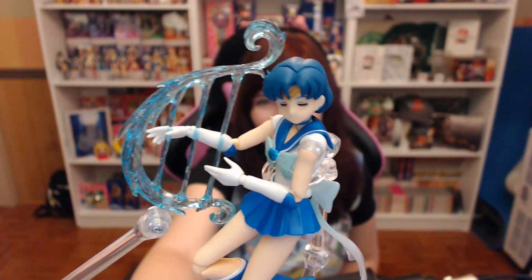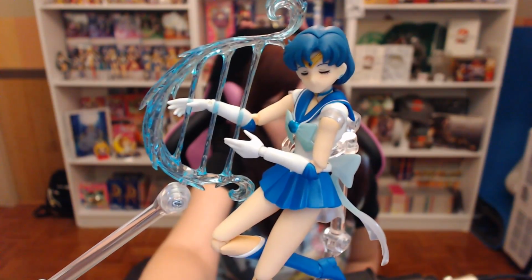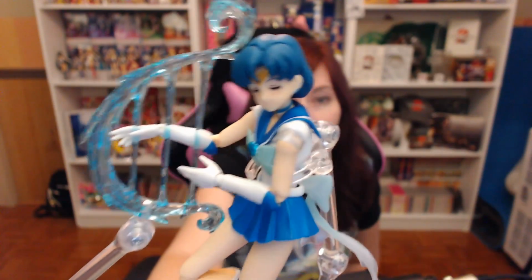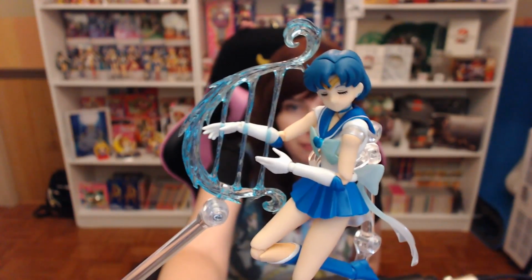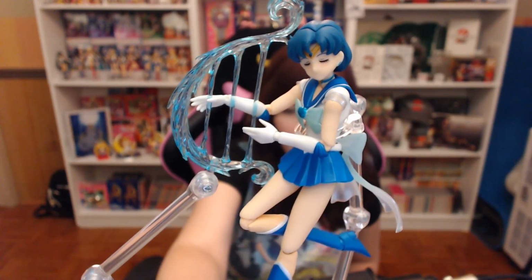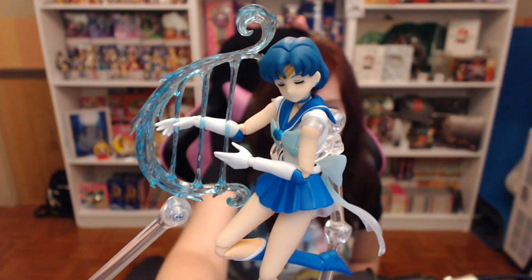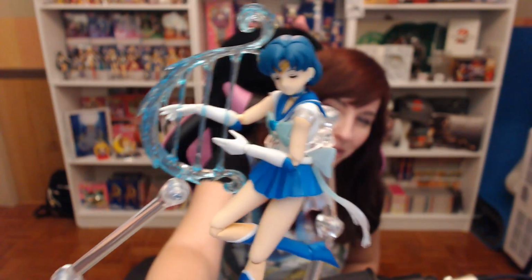Here's a closer look at just the beauty of this figure. It's so gorgeous. I'll be honest, when I first heard that they were coming out with the super version, I was like, oh, really? You're gonna make us buy them all over again just for a longer bow? I'm so glad that they included the attack. I know we already have pictures of Mars with her bow, and I think we have a teaser of Jupiter with her Oak Evolution effect, and I can't wait to see what they come out with for Venus. So I'm really glad that they decided to do this series because it's gorgeous, and now I definitely want them